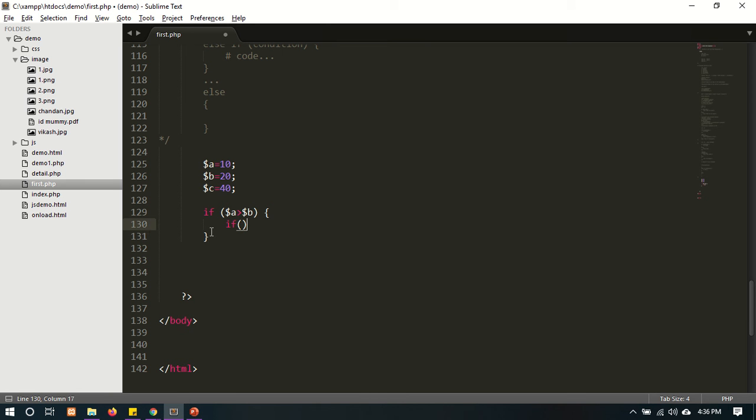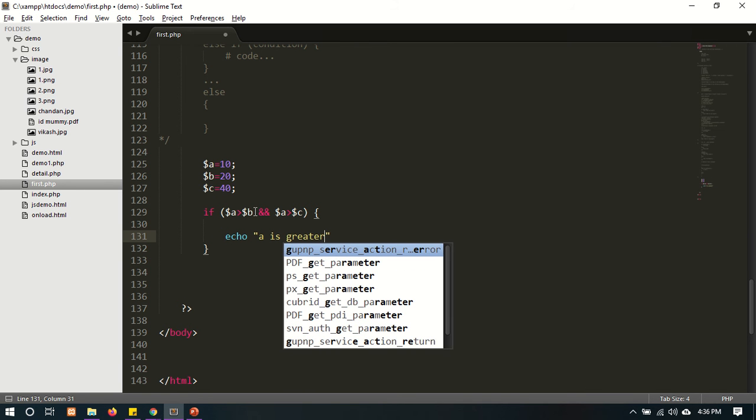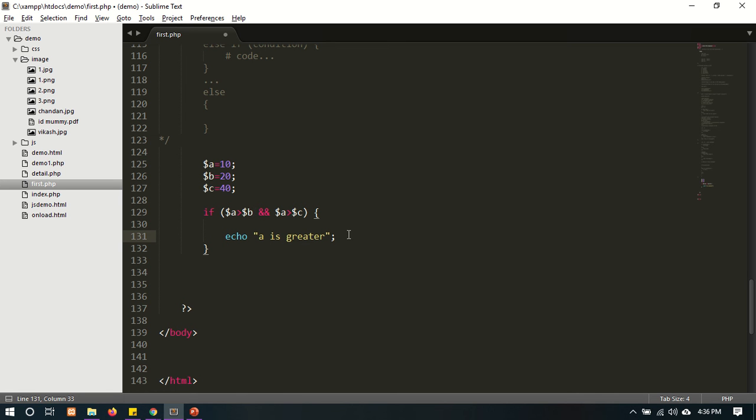or we can use the and operator here. See, and $a is greater than $c, then echo "a is greater",